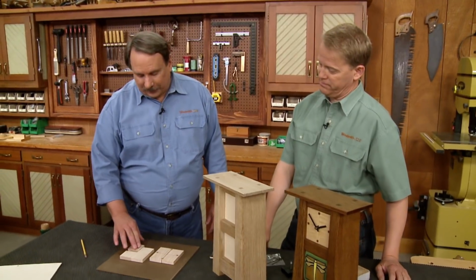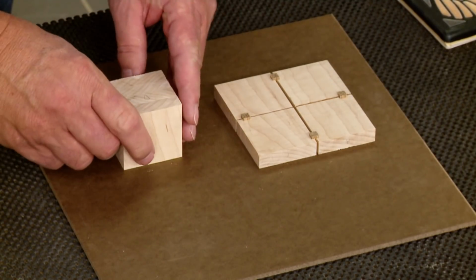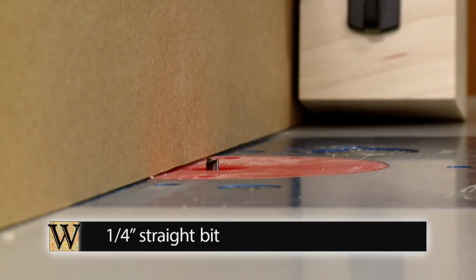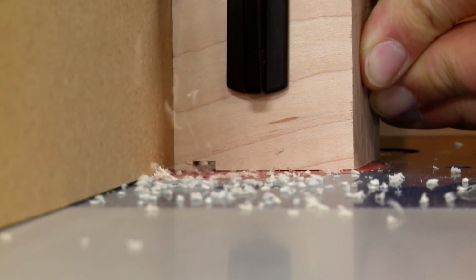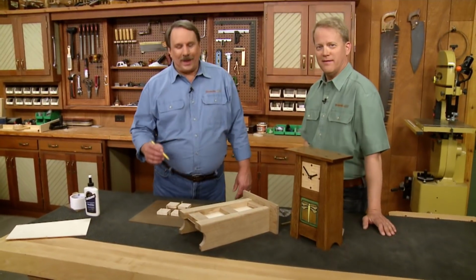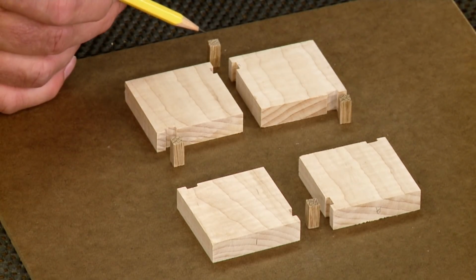So the trick for doing that is to stack all 4 pieces and then clamp them together as one block. And then you can head to the router table. Using a 1/4-inch straight bit, I made a single pass to cut the notches in all 4 blocks at once. Okay, well now we've got our notches cut in all 4 pieces, and we have to glue this little marker